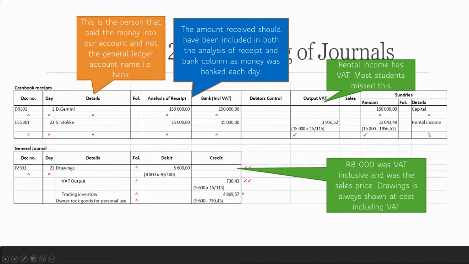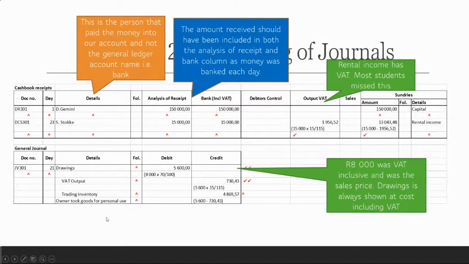If you forgot about the VAT, we would have given you a method mark here for the sundry amount that you've included. And then the last thing is it needs to be rental income or rent income. You can't just say rent because we also have a rent expense account. So you need to be very specific whether it's income or expense before you would have received a mark here